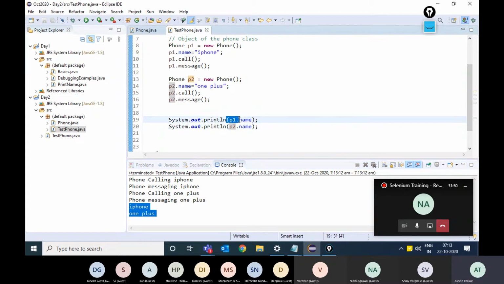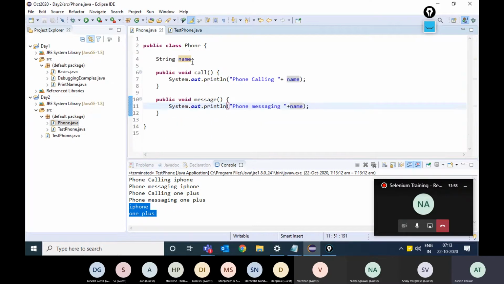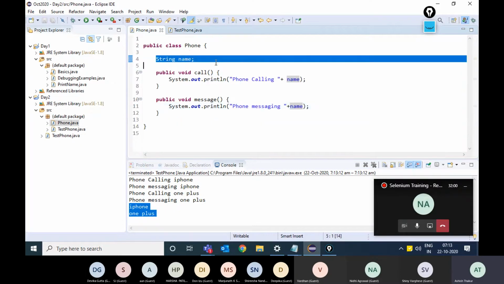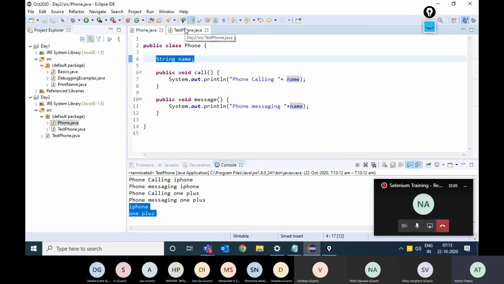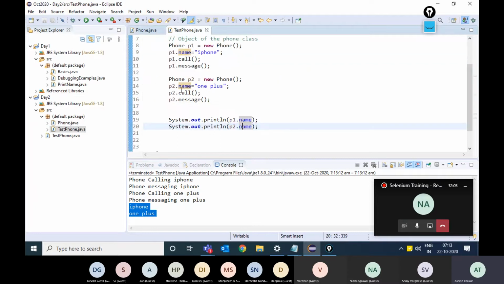Okay, you see when P1 is printing the name, it is printing the name of P1, and when P2 is printing, it is printing the name of P2. The name property is just one in the class. Okay, there is just one name, but it depends how many objects you create.